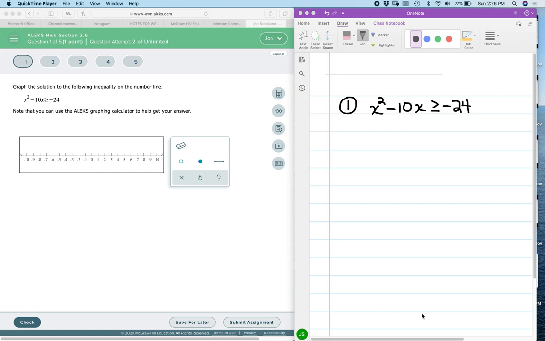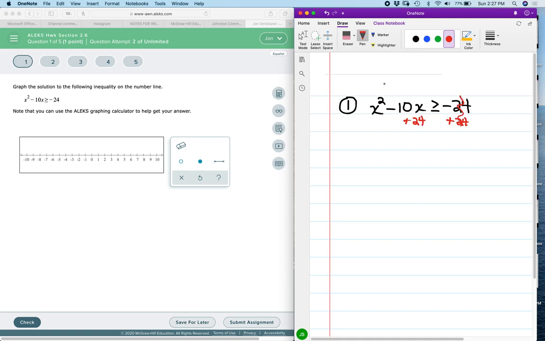The set that we have in section 2.6, we're looking at polynomial and rational inequalities. For number 1, we're looking at solving for x, where we have x squared minus 10x is greater than or equal to negative 24. And if I rewrite what I have here as a comparison to 0 inequality,